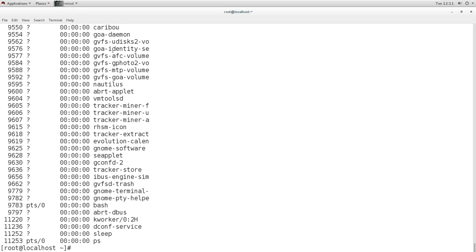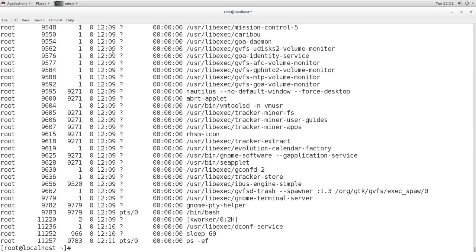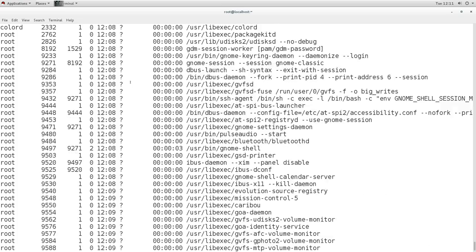If we want to see the other process, then we can run the ps -e command. It shows the current user's executed process, that means only the current user's process. Now if you want to see all the processes with current users and other users also, then we use ps -ef, and it will show all users' processes in full form.